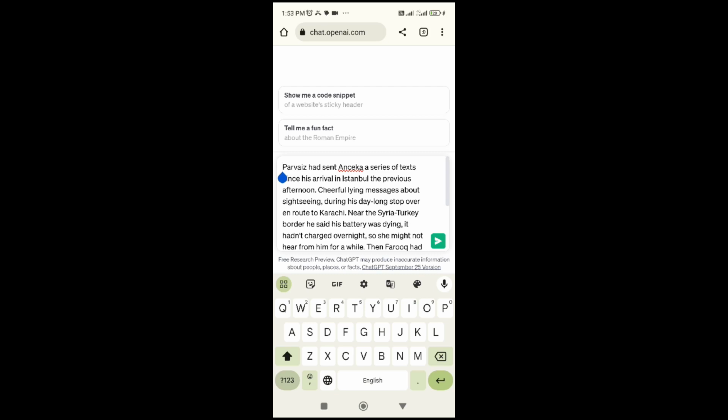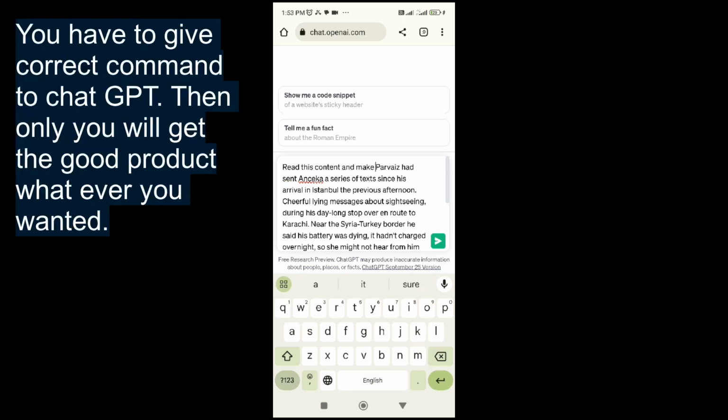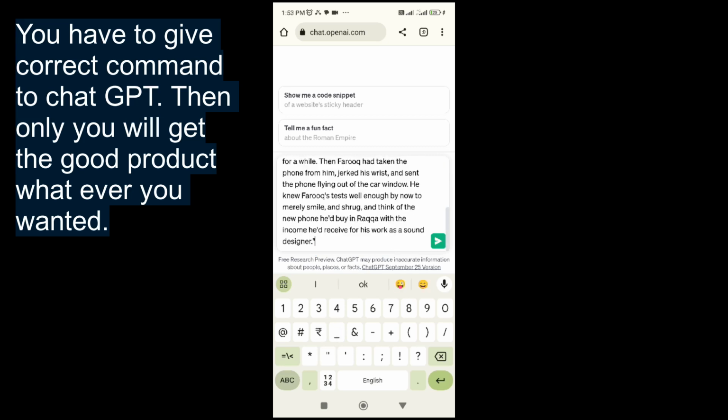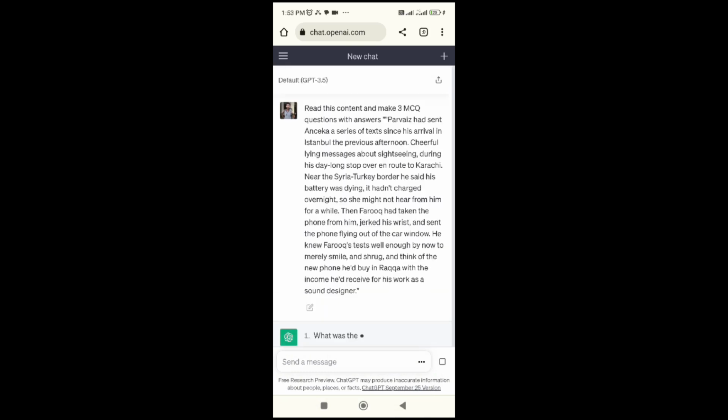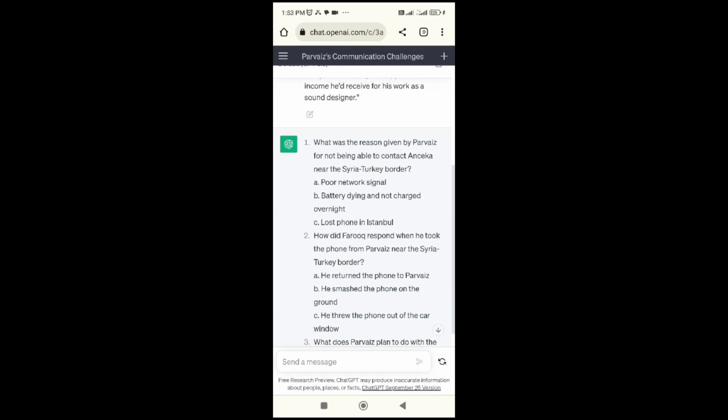So here I am going to give some commands. I am going to give, okay, read this content and make 3 MCQ questions with answers. Then I am putting this thing in double inverted commas and send. Now you see this ChatGPT, this is an artificial intelligence tool which reads whatever text I